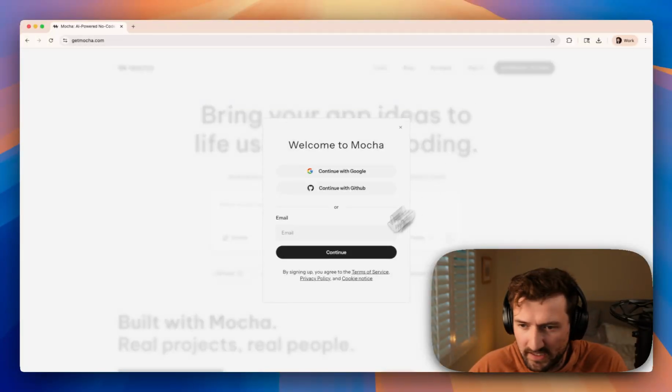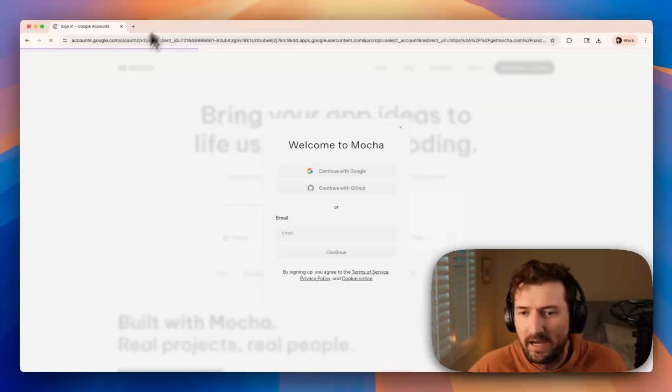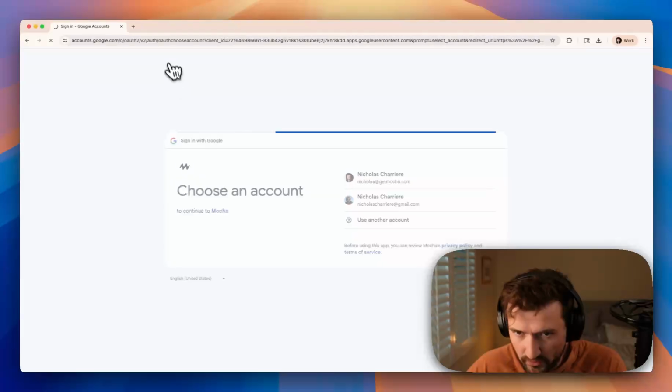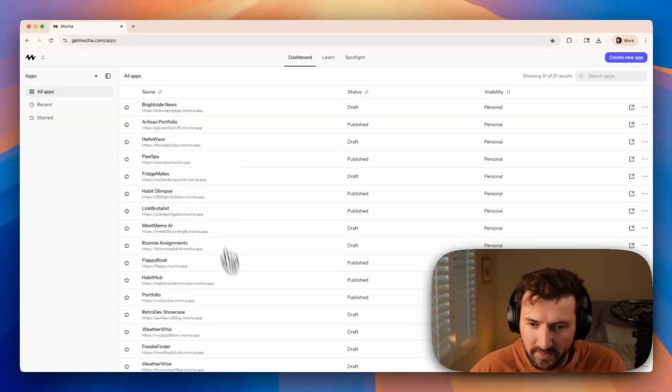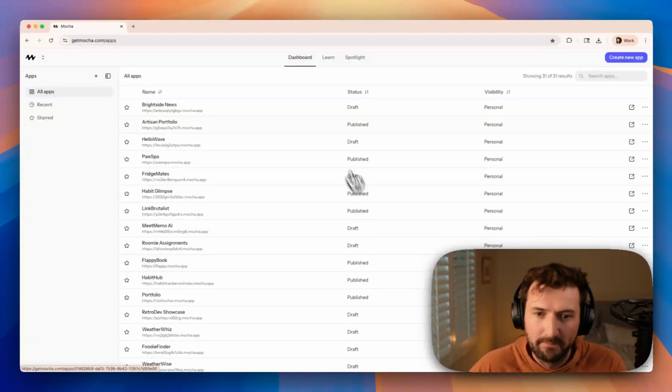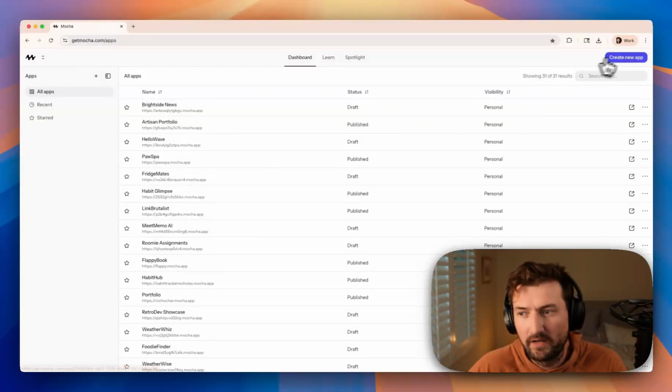So it's free to make an account. You can get started for free. I'm going to log in with Google. You could log in with Google, or you could just make a new account. So I have a bunch of apps. This would be empty for you. These are my apps, but we're going to ignore these for a second, and we're going to just create a